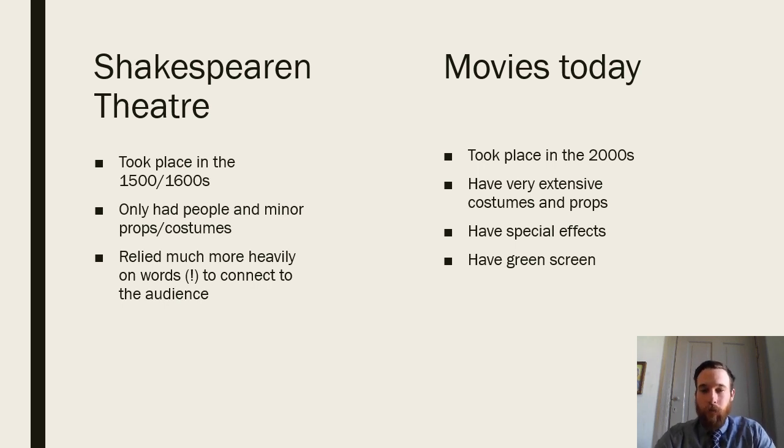If you're not too familiar with the movie business, all those big explosions and people flying in outer space, they're not always doing those exact things. Which led to stuff in Shakespeare's time not having all that. They had to connect and engage their audience differently, and they did it with their words. They needed to make sure that they were engaging the audience, and one way Shakespeare did it was by trying to joke around as much as he could, and a lot of that came through with insults.